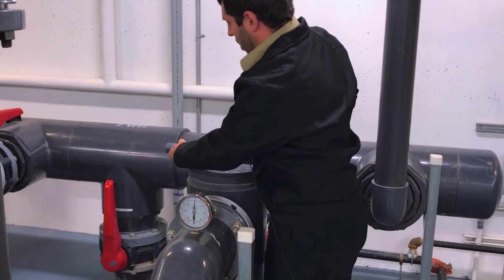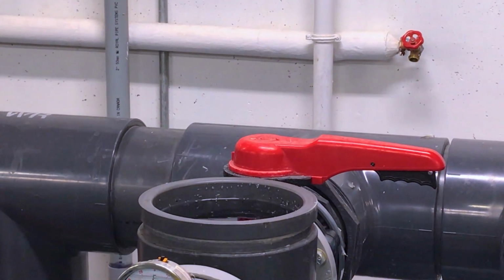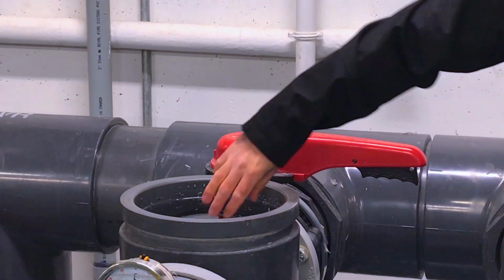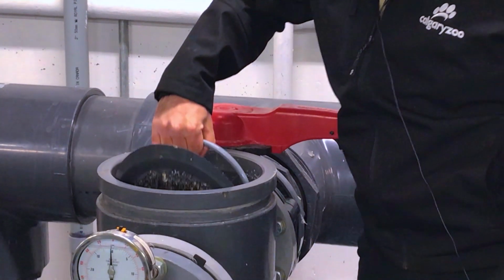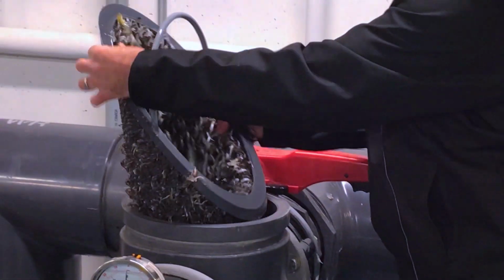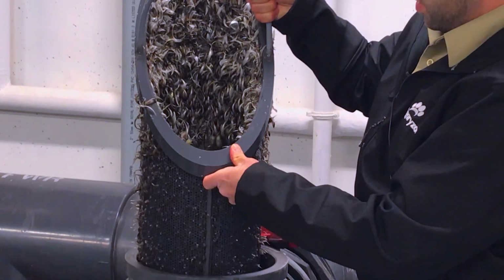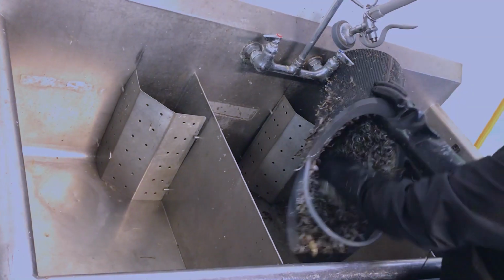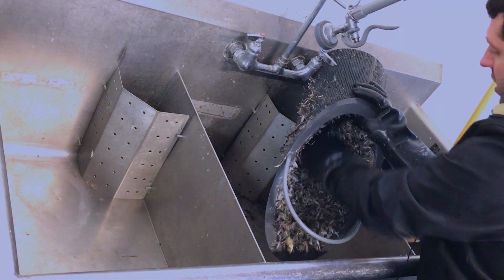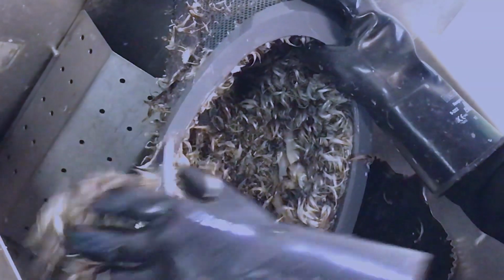Now we'll pull the top off nice and slowly, set that aside, and we'll have a look at what we have. The birds are molting right now, so we have a lot of feathers coming through. All right, so now we're going to scrape the feathers out. Now they come out pretty good. They jam in a little bit, but if you work them back and forth, they'll just peel off in large bundles. Now this is about a week's worth of feathers